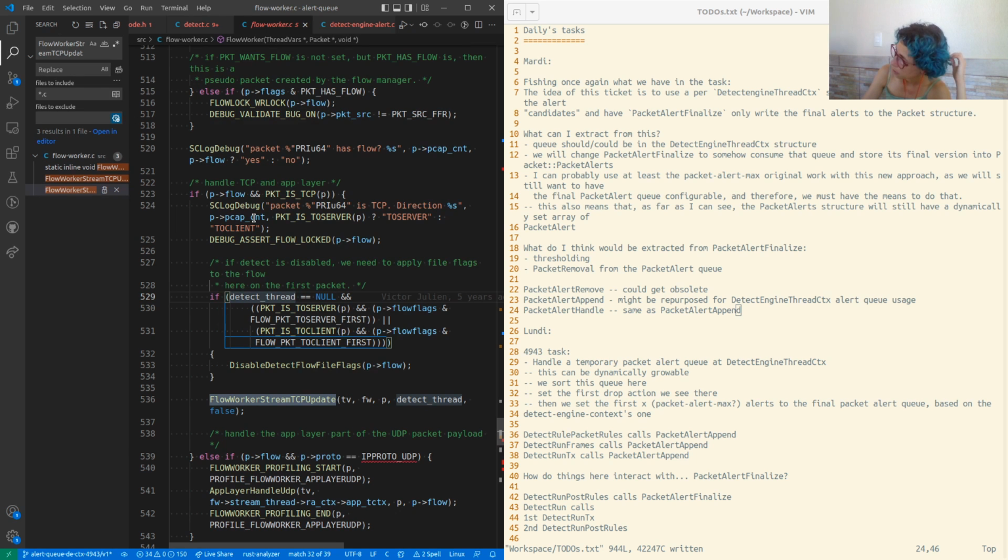If detect is disabled, we need to apply file flags to the flow here on the first packet. Packet is just server packet and disable detect flow file flags. Just if, okay, and then we go flow worker string TCP update, and the detect thread will become the detect engine thread context.